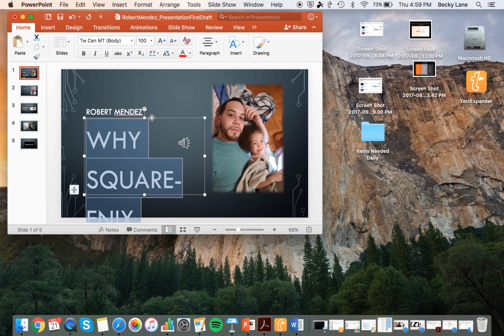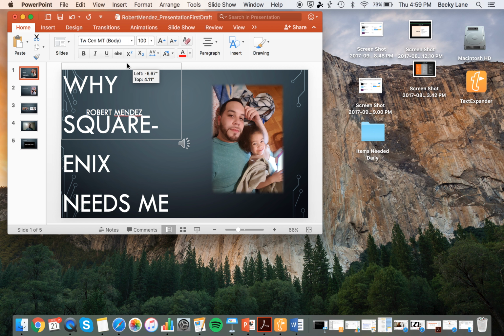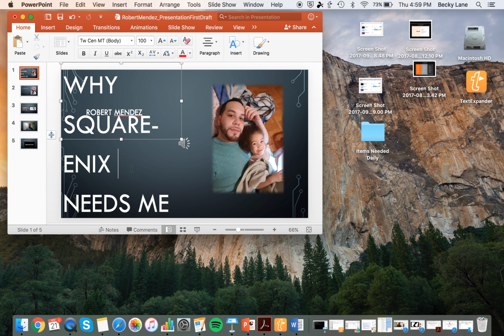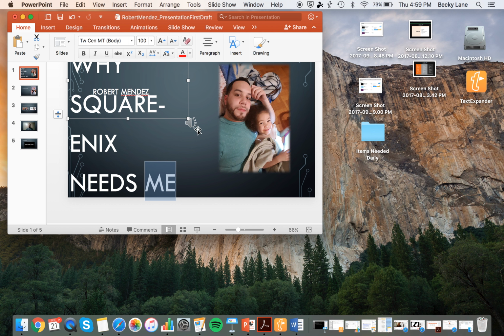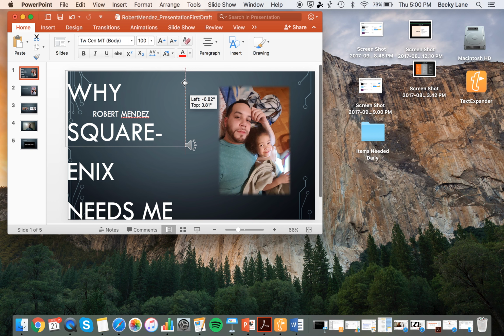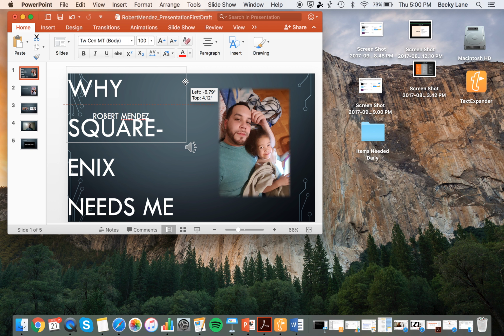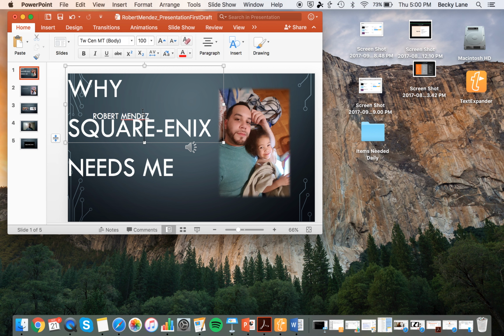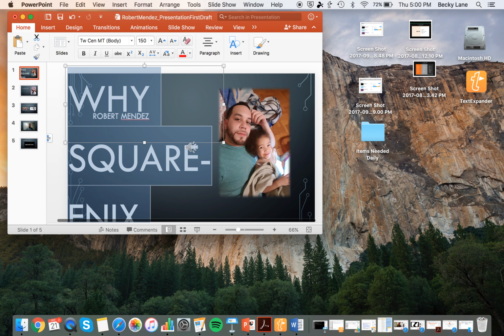So making this text larger allows you to make it feel like it belongs there. You know what I mean? More like it belongs there. Right now I'm just playing with the font size, right?